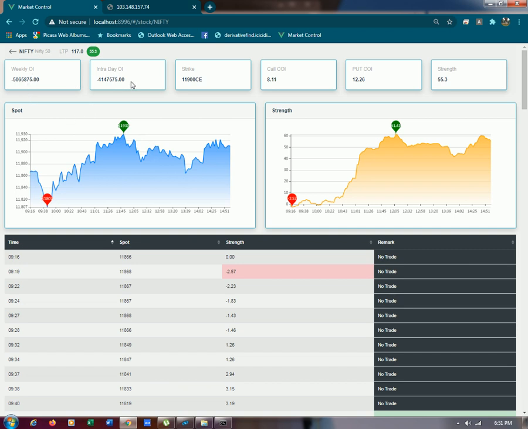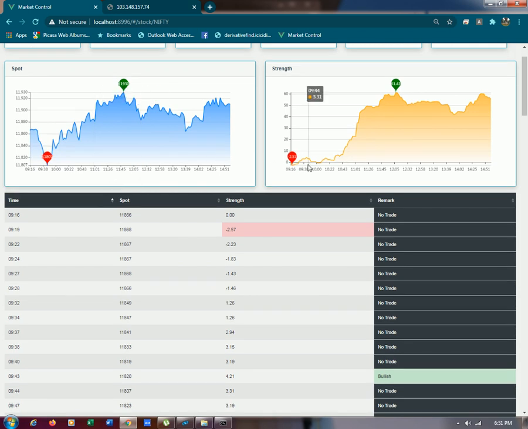Here you will find the particulars like weekly OI and intraday OI, and this is very important and helpful for option buyers, and this will help select the good option to be purchased during the movement of the market. And you will get call OI, put OI, and strength. Strength is the main base of this particular system, and it is calculated by using several formulas and several considerations, and that is the important core of this system.